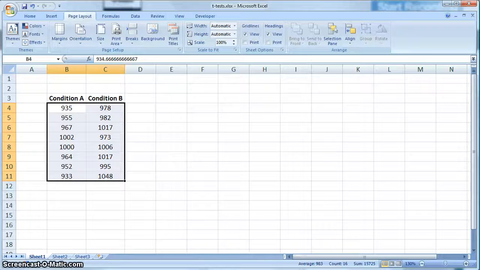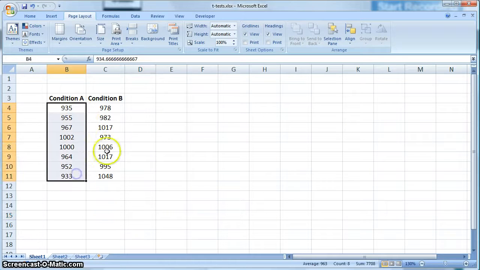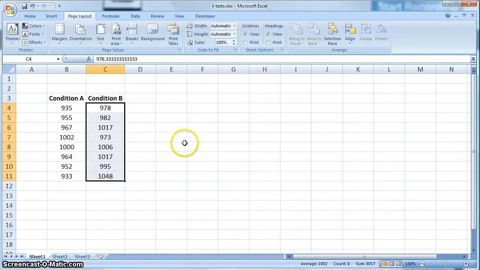So this is a quick video on how to do a t-test in Excel. A t-test is when you have two conditions and you'd like to compare the differences between the conditions to see if it's significant. So my two conditions were just measuring reaction time to a stimulus in milliseconds. I have my reaction times for condition A, my reaction times for condition B, and I'd like to see